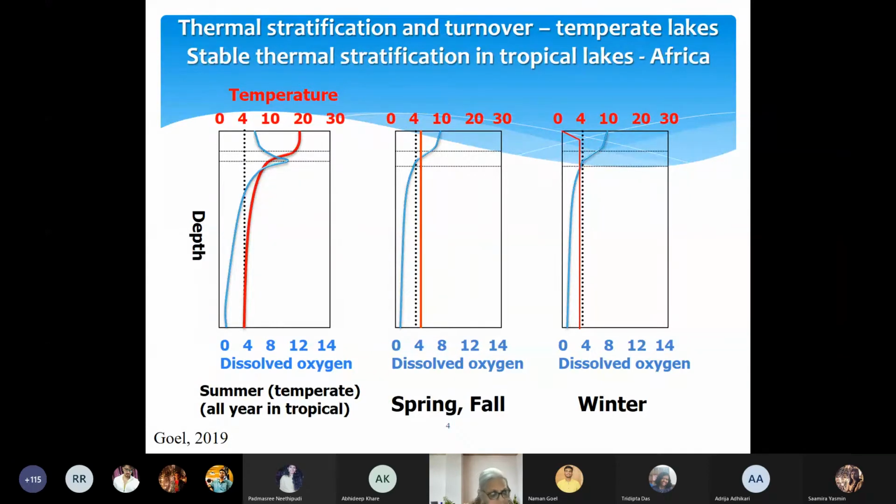Eventually there will be mixing and you will get a completely uniform temperature profile, and that is called turnover. Because the density gradient has broken up, this whole thermal stratification, which is based on temperature and density, will break up and you get complete turning over of the water. At this point, you will get a temperature profile that looks like this and a DO profile that changes,